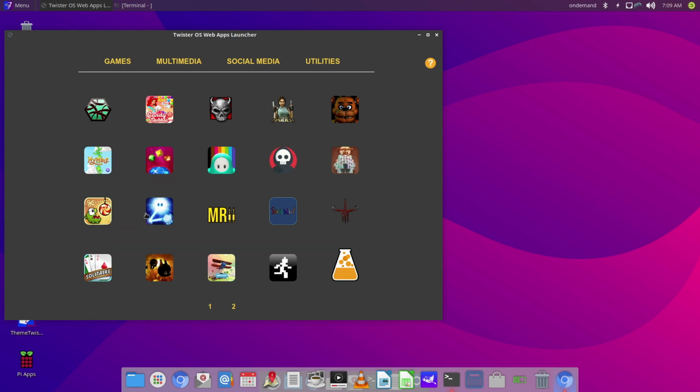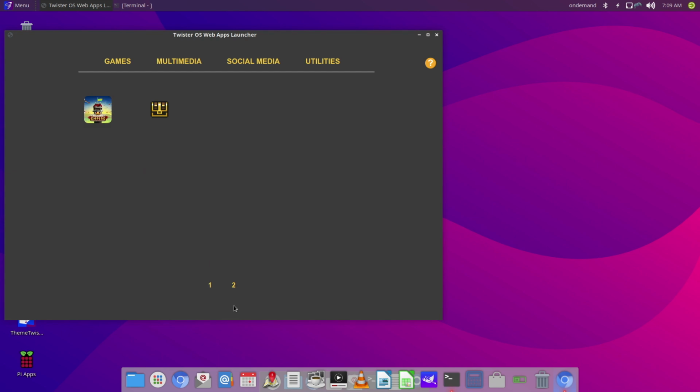It looks like there's Diablo, Lara Croft, Cut the Rope, Mini Royal, Quake 3 and Swoop, to name a few. And there's also a second listing of games with something that looks like an Age of Empires game and Minecraft. Now I will try some of these games out later on in the video, but I just want to show you